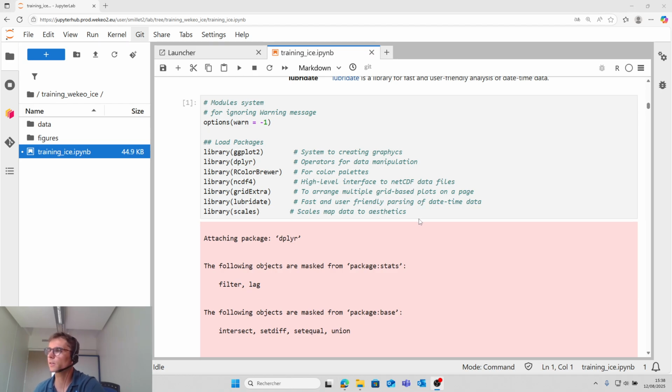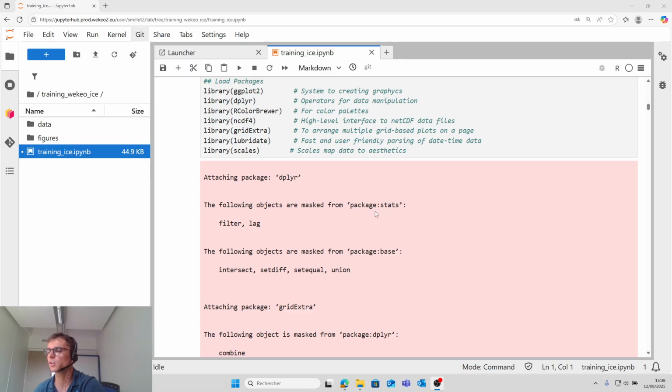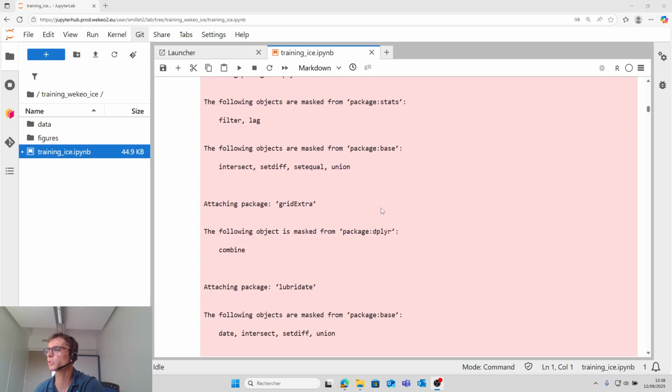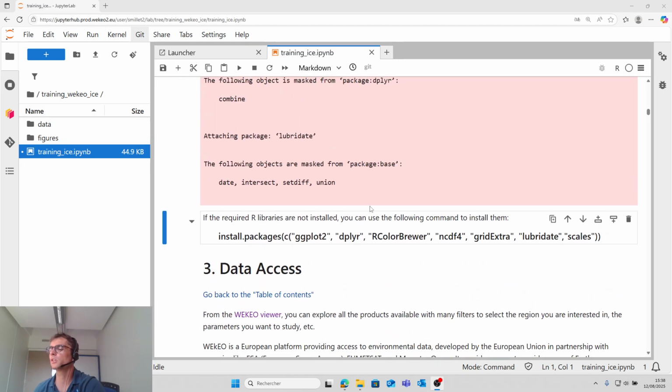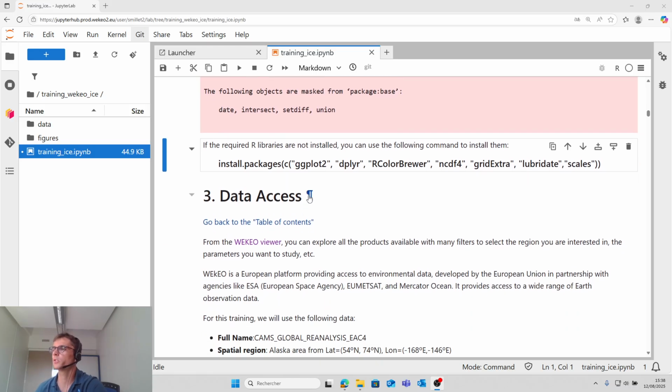You have here the warning message, but it is just information about the libraries. And if you are using another setup and the libraries are not installed, you can use this command line to install all the libraries.